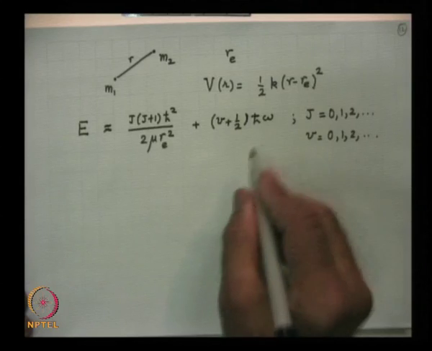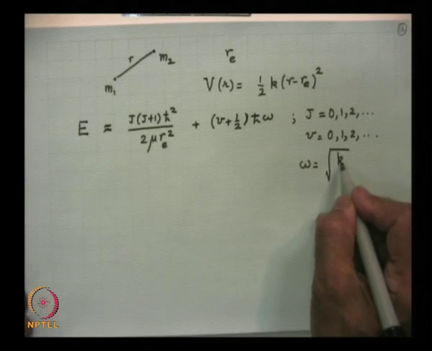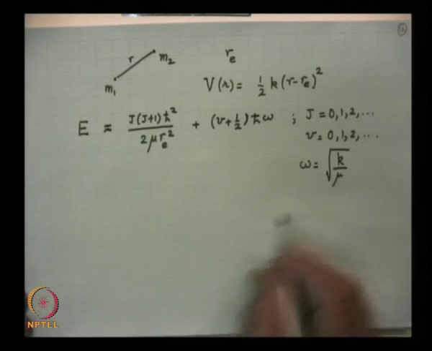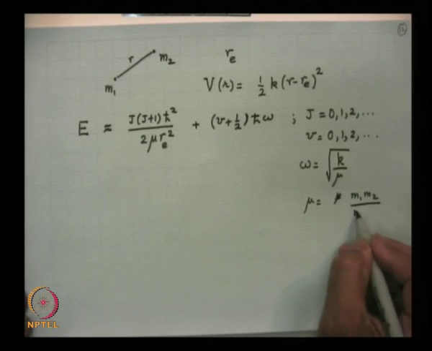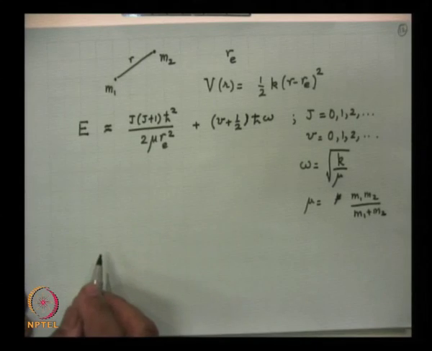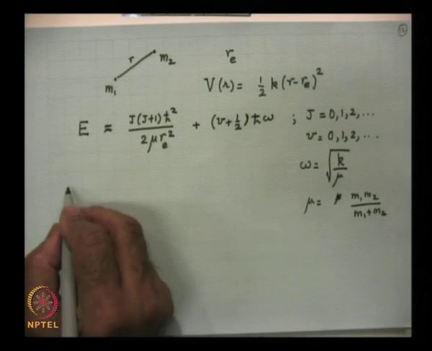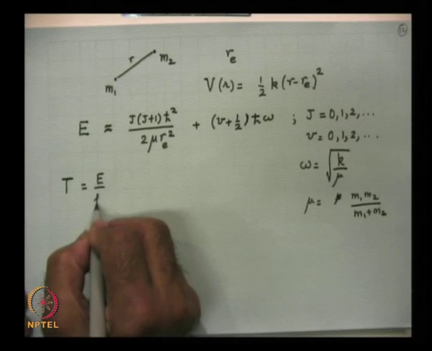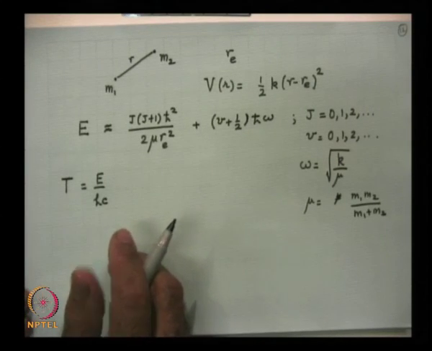Now, here omega is related to the Hooke's law type force constant k by this relation, where mu is the reduced mass of the two particles. So, mu is equal to m1 m2 divided by m1 plus m2. As I had mentioned in my last lecture, in spectroscopy the energy levels are measured in wave number units, and the energy is represented by the symbol T, and this is defined as E by h c. So, if I substitute this here,